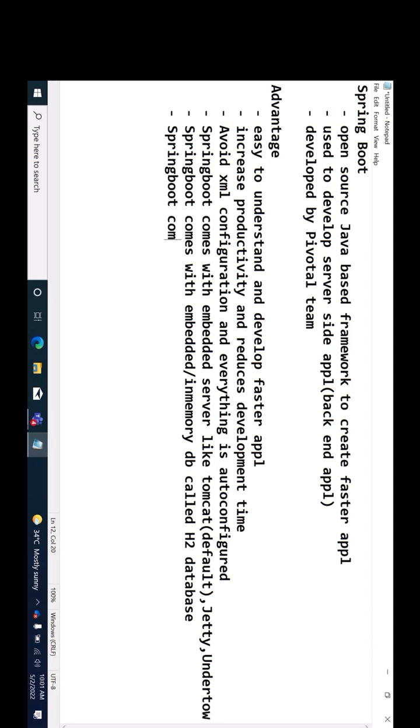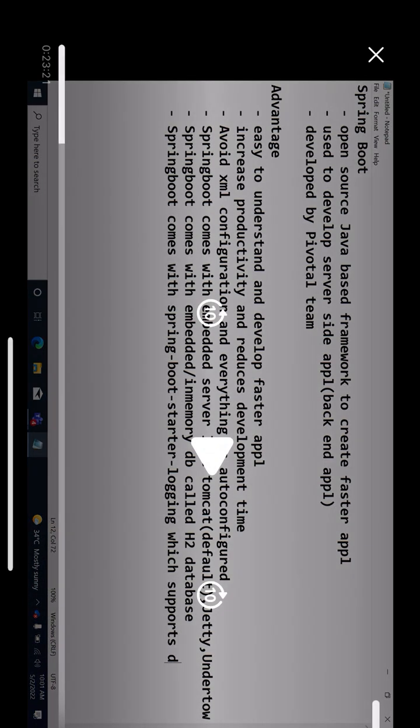Spring Boot comes with the spring-boot-starter-logging, which supports a default logging framework like